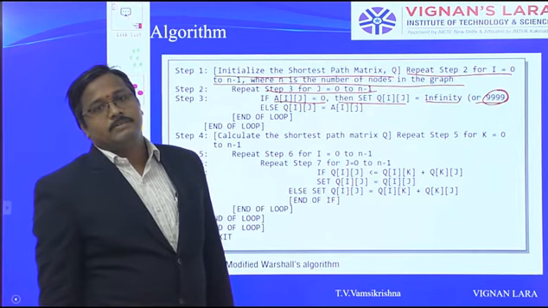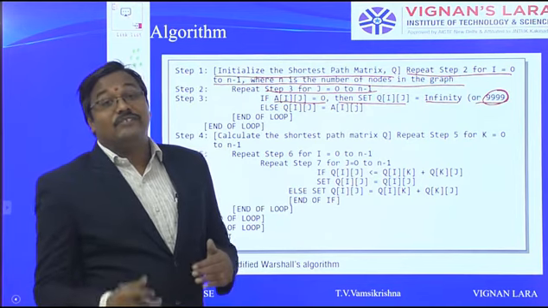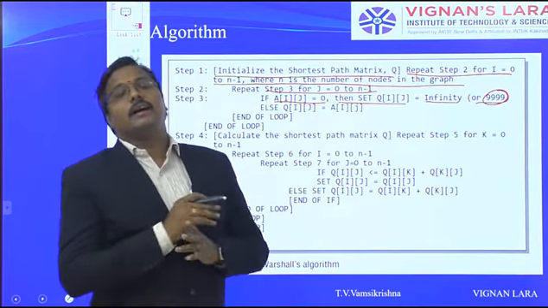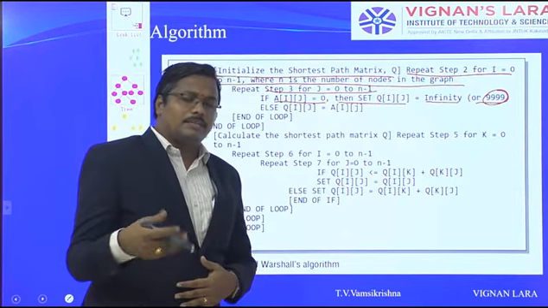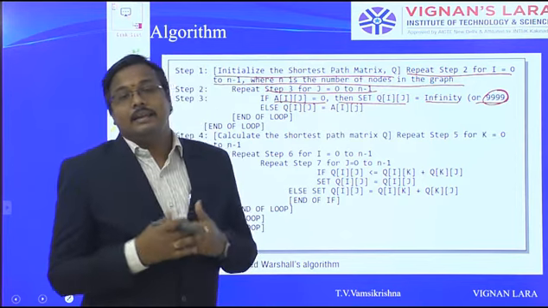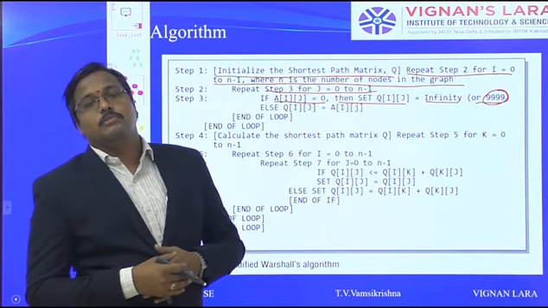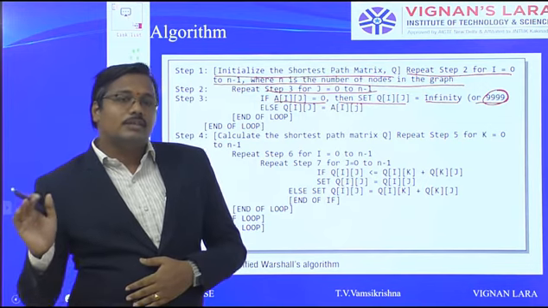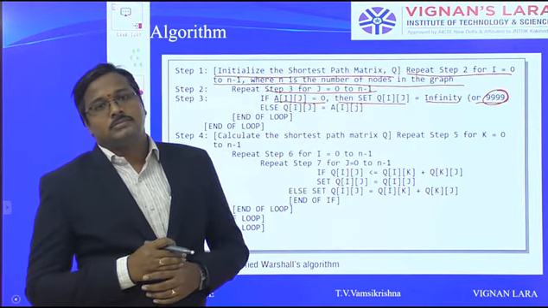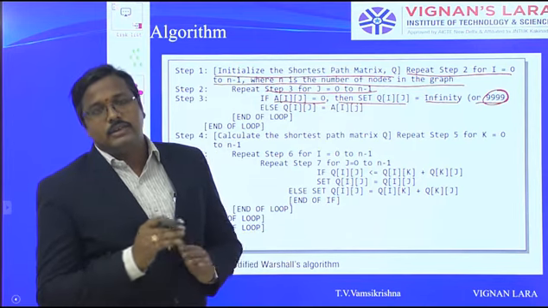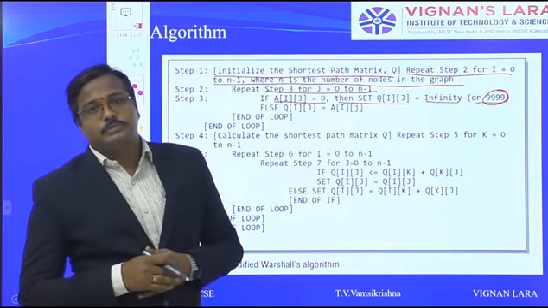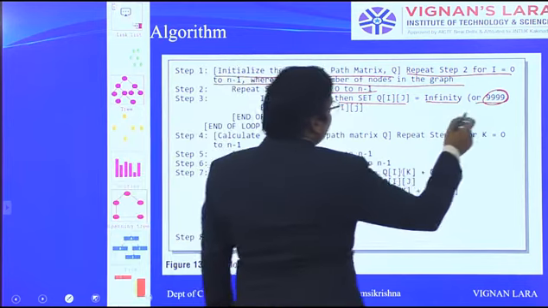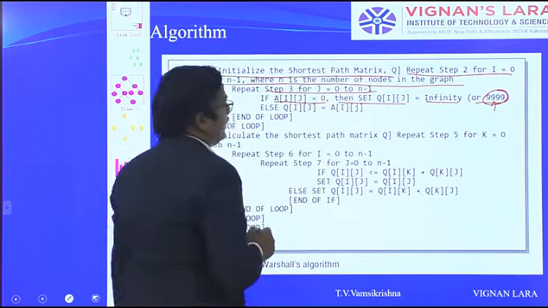We are setting the infinity value as 9999. The system cannot define infinity, so we should give a specific value for infinity. Most of the time we set the maximum positive number, which depends on the range. If it is an integer range, the maximum value is 32767, if 2 bytes of memory are allocated to a signed integer. Like that we take the maximum limit. Here we are taking the maximum limit as 9999.